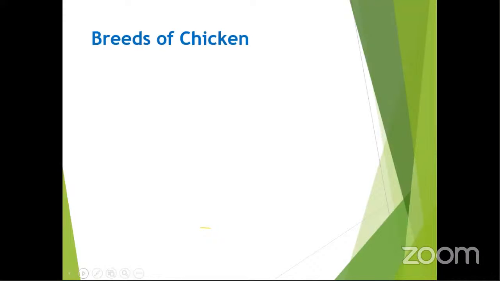So without wasting much of our time, we need to get started and get to know the meaning of the term breed. What is a breed? Nasha? A breed is a group of animals with specific characteristics or behaviors. Very good answer, but I want you to repeat that answer because you were a little bit breaking. Please repeat for us so that we can all get the answer.